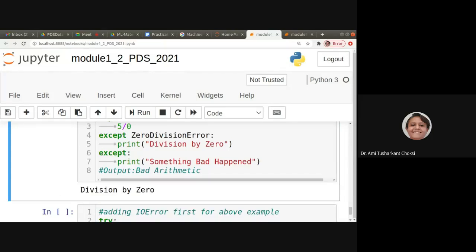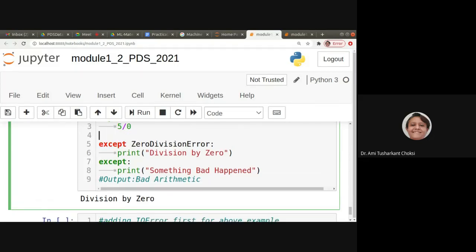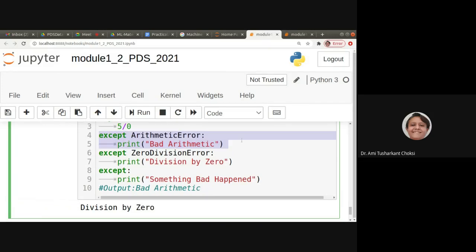See, the thing is, arithmetic error comes first. That is being dealt with first. If I do not have that, then zero division error also gives us error, right? So whichever comes first, that will be dealt with first.